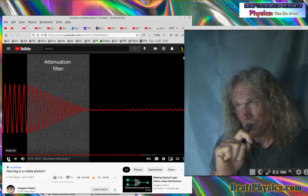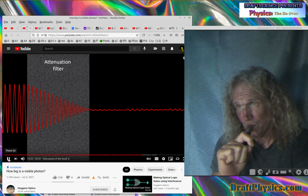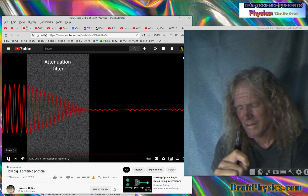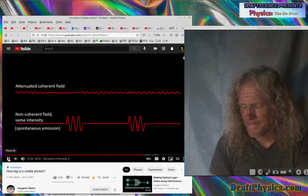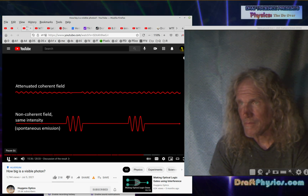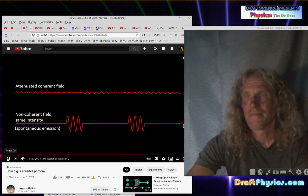Out in space within the volume of the filter. So each absorption event takes sort of a random little bite out of the remaining field, decreasing the intensity a bit. Now, because the electromagnetic field strength itself is not quantized, this process eventually results in a sort of continuous field strength that is much lower than what we would find in a true single photon event produced by spontaneous emission. The field strength can at times even be almost zero or...